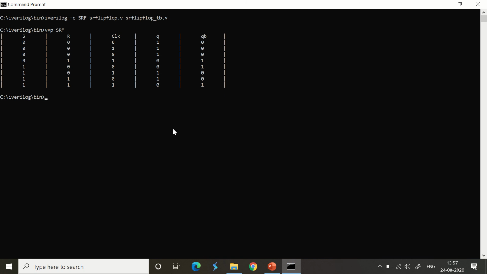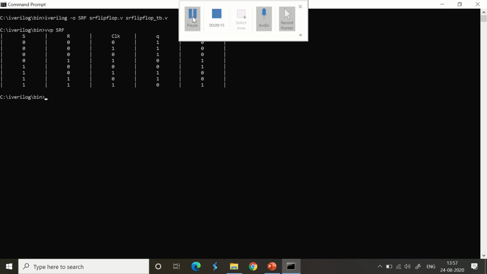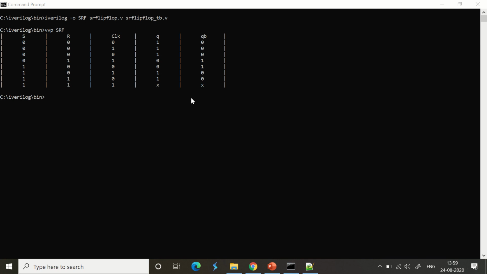111. When it is all ones, I think I compiled the wrong file. I picked up a wrong file for the compilation and now we have the correct file here and you can see that 111, all the 3 ones here, which means S and R are 1 and clock is also 1. So you get a non-existent condition and it's shown with an XX, which is don't care. Now let's go with the first condition. Set is 0, reset is 0, clock is 0. So it will retain the previous state. When clock is 0, it will retain the previous state irrespective of whatever be the value for set and reset.